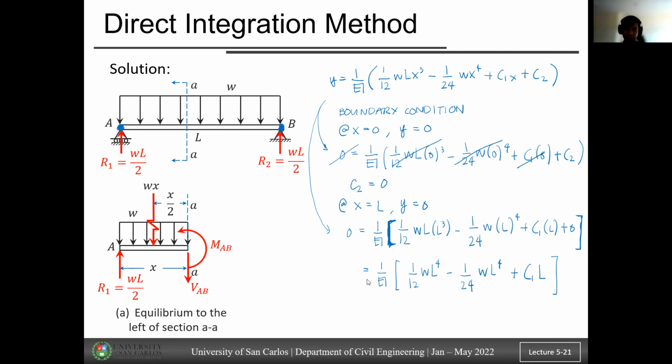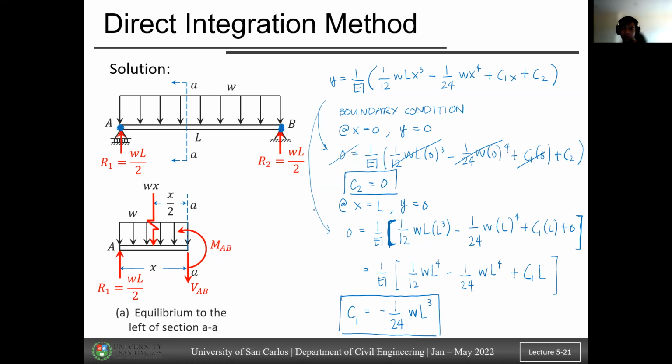Okay, since we have no space, the answer would be negative 1 over 24. So C1 is equal to negative 1 over 24 WL cube. Of course, EI disappears because you divide everything by it, so EI cancels out. So C1 is equal to negative 1 over 24